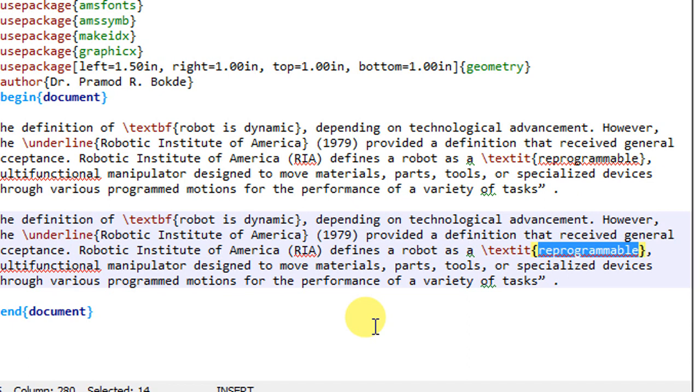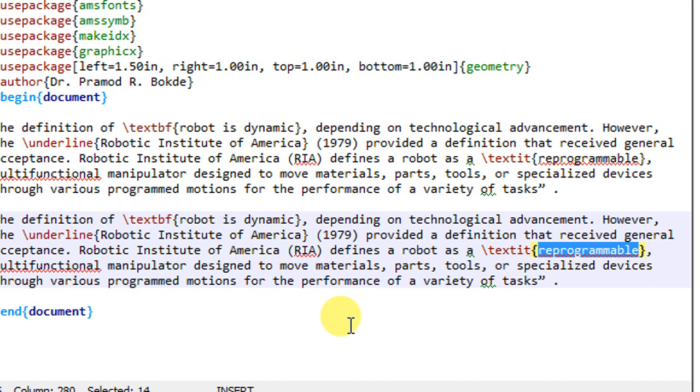In the last video tutorial, we saw paragraph alignment as left align, right align and center align. We did that through commands: begin flushleft for left alignment, begin flushright for right alignment, and begin center for center alignment.